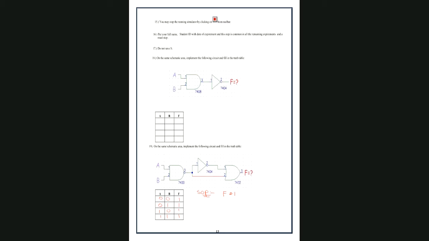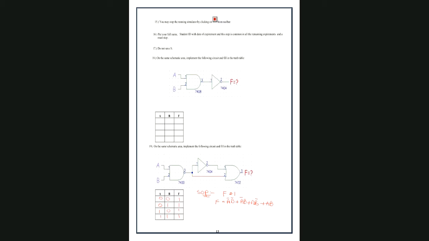So F is equal to A bar B bar plus A bar B plus A B bar plus A B. Okay. So you got all the combinations here, right?